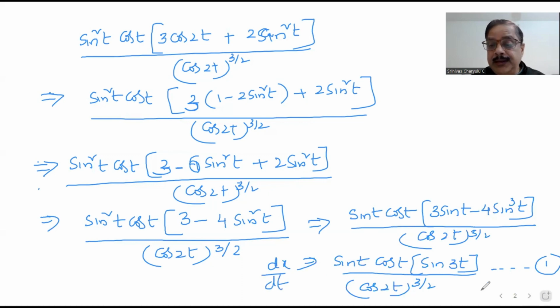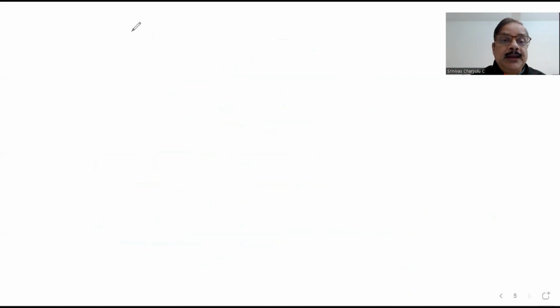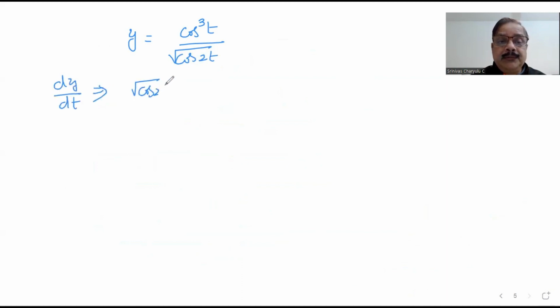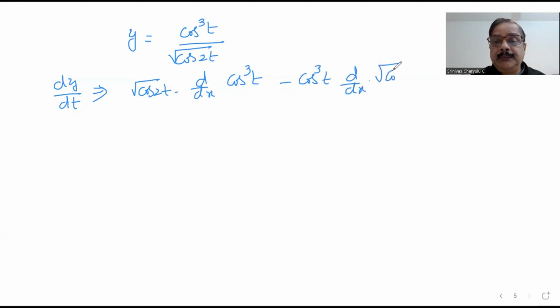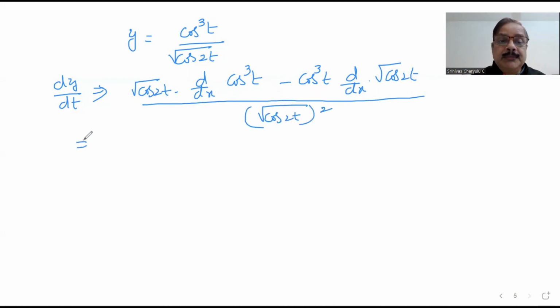Now we will go to the dy by dt. So what is our y now? Y is equal to cos cube t divided by root of cos 2t. For dy by dt, procedure is same. So denominator into differentiation of numerator minus numerator into differentiation of denominator, whole thing divided by denominator whole square. So this becomes root of cos 2t